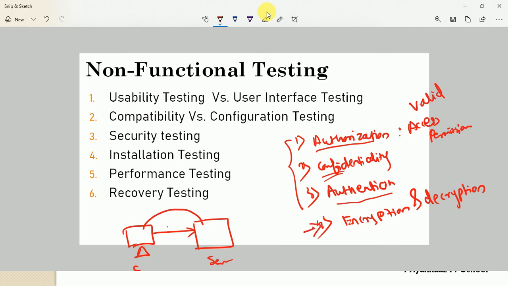Whenever you are passing data, it should simply be put in encrypted format. Means what? Suppose you are passing "hello", there should be some encrypted format for that data. Okay, and whenever it is received at the second system, it should simply be decrypted on that system. So encryption and decryption are part of the algorithm which simply keeps our data secure, simple. These four important points we need to focus on at the time of security testing.